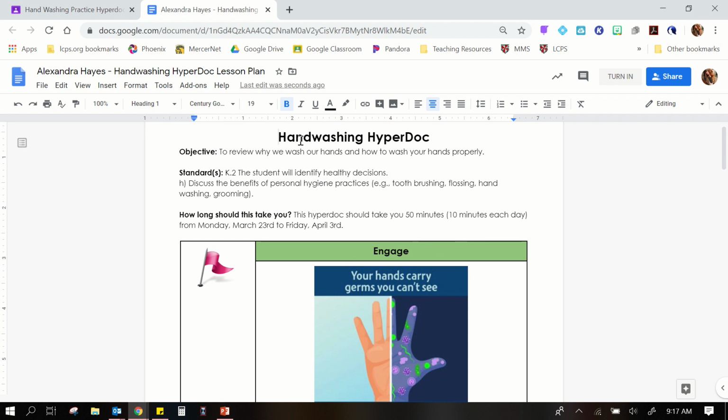So every single one will have a title. It'll tell you what we're going to be doing in the HyperDoc. It'll give you your objective for whatever your goal is at the end. It'll tell you what standards we're focusing on, and then this part right here is super important. How long should this take you? HyperDocs are not going to be posted on like every A day. HyperDocs are meant to take you a longer amount of time. So this specific HyperDoc says that it should take you 50 minutes or 10 minutes each day from Monday to